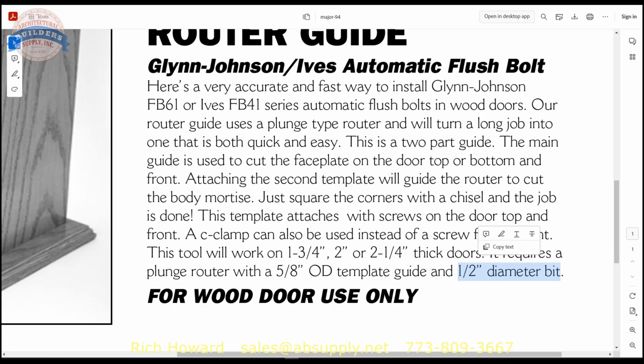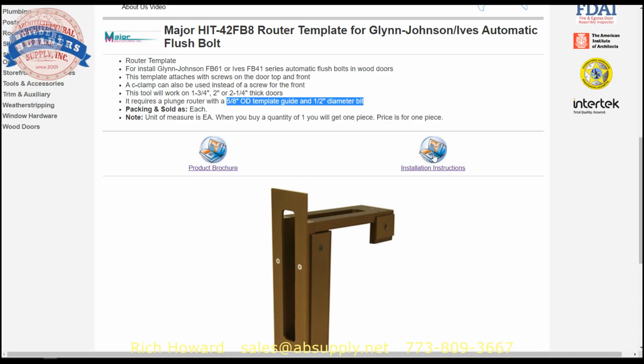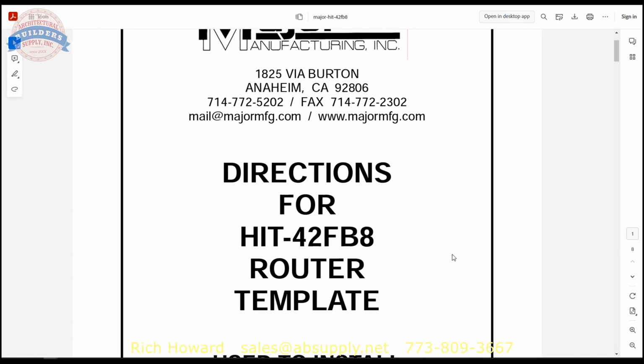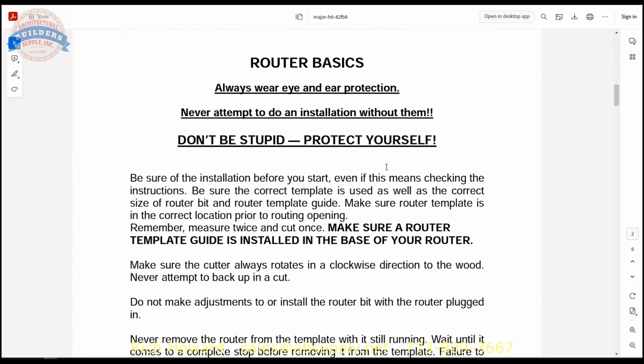Yeah. All right, let's look at the installation instructions, which are here as well. Let's do that now. Installation instructions. They're in the packaging. They're going to come with it. It's nice being able to look at it here online because it's a lot more portable than some paper. One thing that's very nice about installation instructions from Major is they use really big font and really big photos, and that's nice. So router basics,